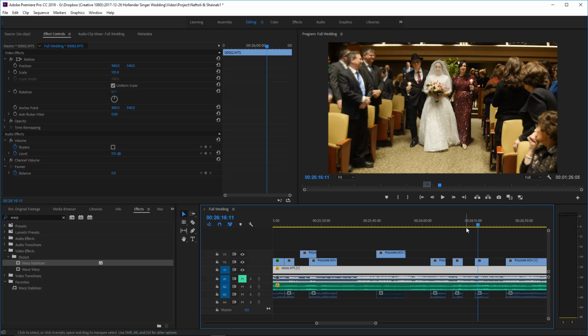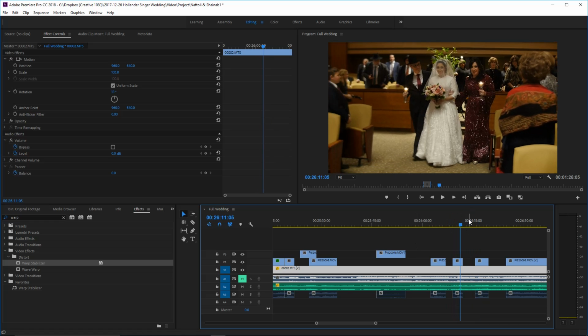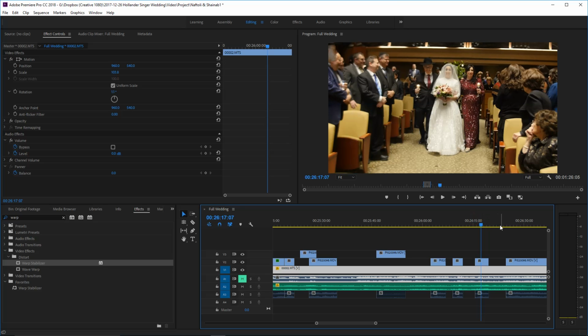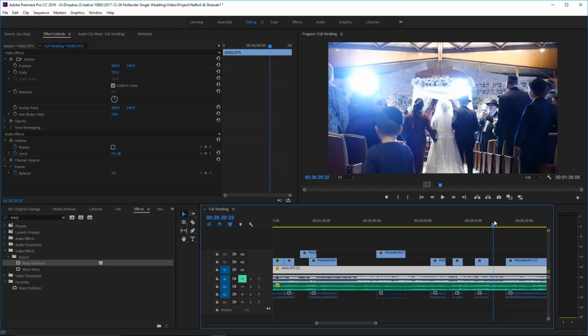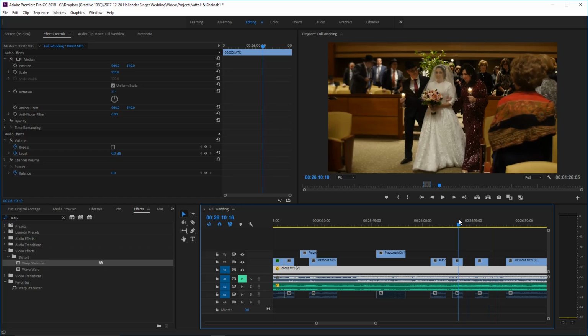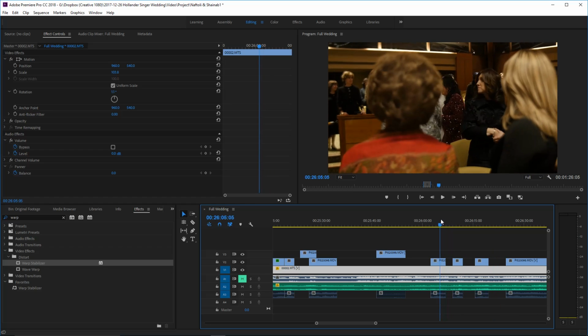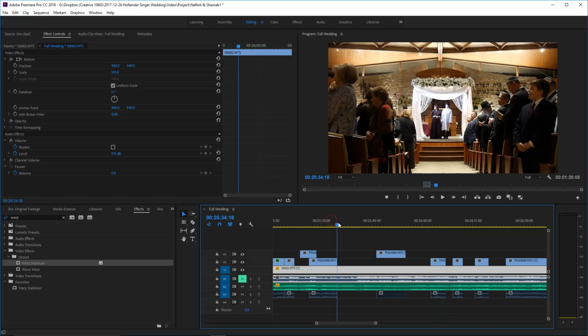And here we have that shot of everyone looking, and we're just going to make believe they're looking at the bride. So let's decide where we want to use that. That shot can break up any of these clips.